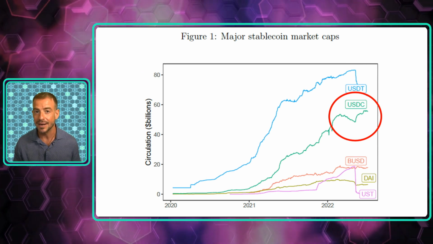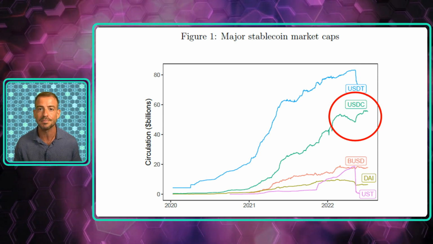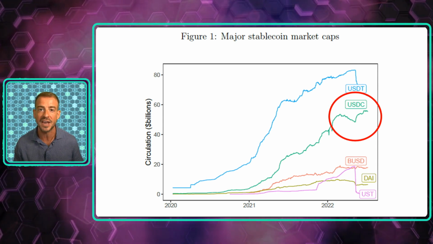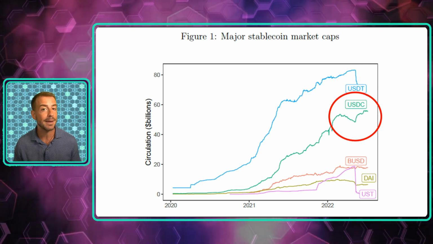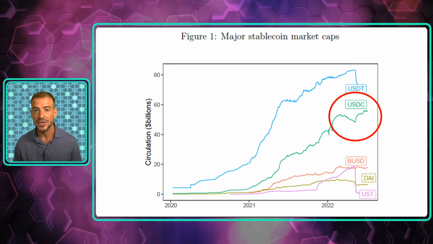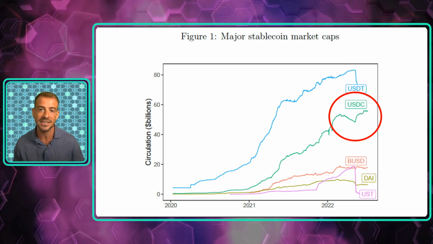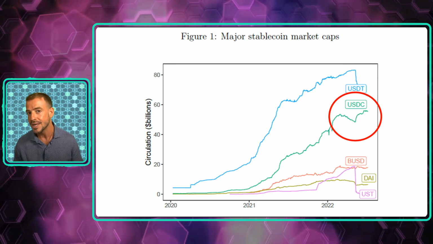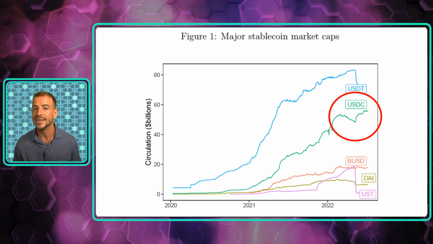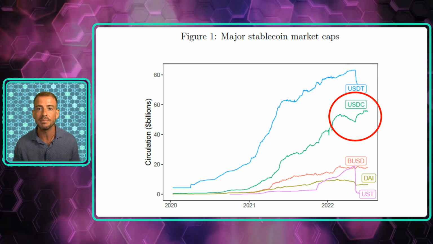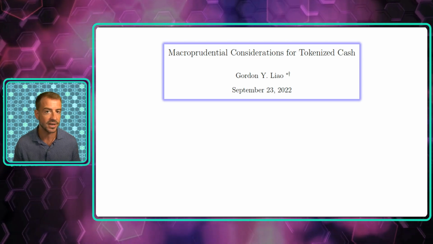At the same time, I suspect that Circle's executives recognized that there was a pressing need to explain to less informed lawmakers how USDC was nothing like UST, and also to capitalize on the moment to elevate USDC's stablecoin model and reserves as being the best in the market and perhaps the only model that regulators should give approval to in the near term. And so, in September of 2022, Circle published a paper titled Macroprudential Considerations for Tokenized Cash,